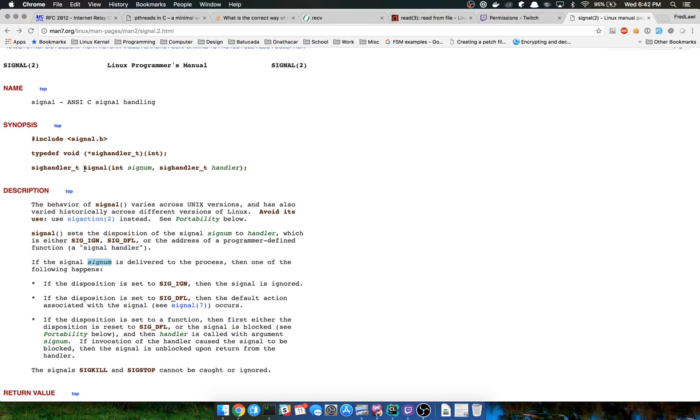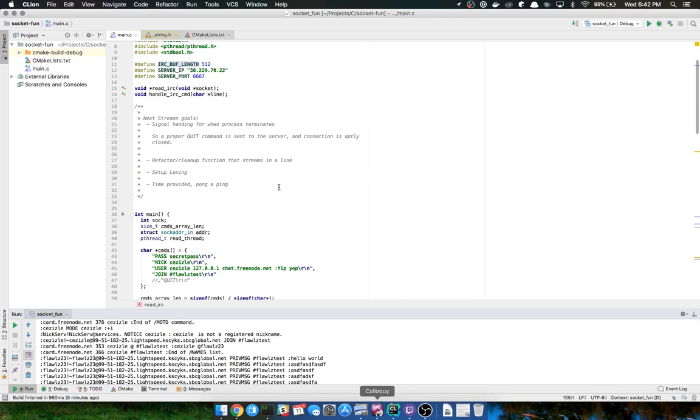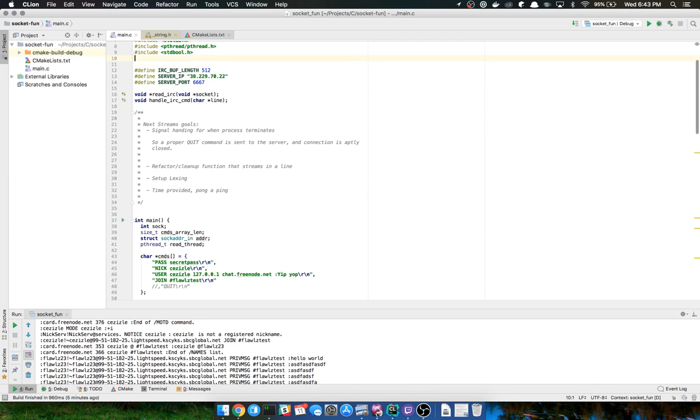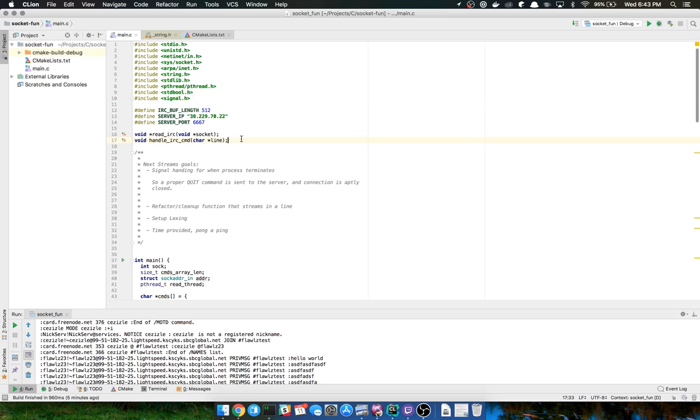So really the setup is going to be this. We're going to have a signal. We're going to bind it to a number, and we're going to pass in a signal handler T type, which is just a function pointer, a void, and it gets passed in an int. I do not know what that int is, but I'm assuming I don't really care. So let's go ahead and try to use it. I think it will work. I don't think there's going to be any special compiling stuff I need to put in there.